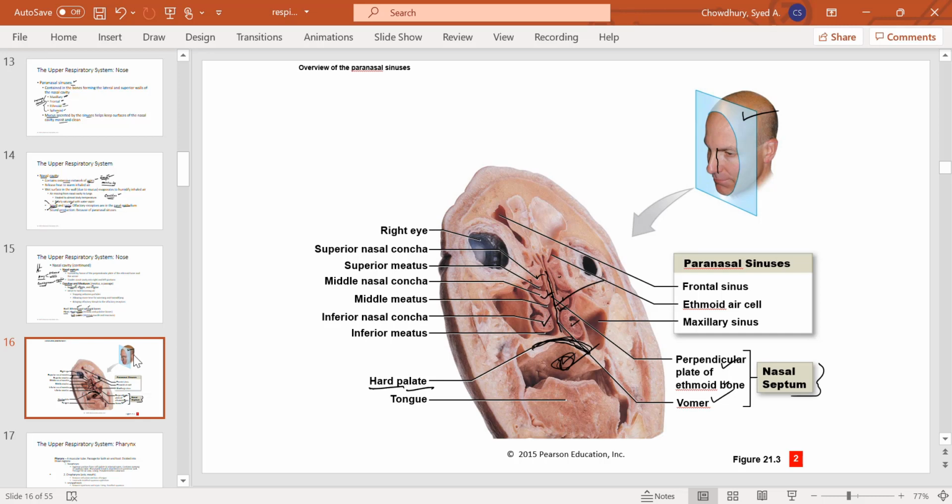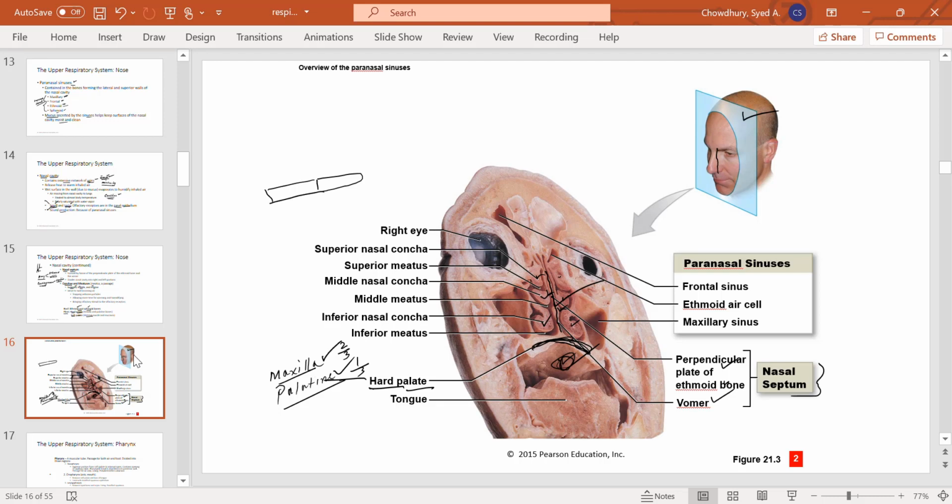And it has two parts. Hard palate is the bony part formed by two bones, maxilla and palatine bone. Palatine bone forms part of the palate, but the maxilla forms the anterior 2/3, so most of it is by the maxilla and the posterior 1/3 by the palatine bone. That's the hard palate. And the soft palate is the soft part of the palate, which is formed by skeletal muscle. This is the soft palate, this is the hard palate.